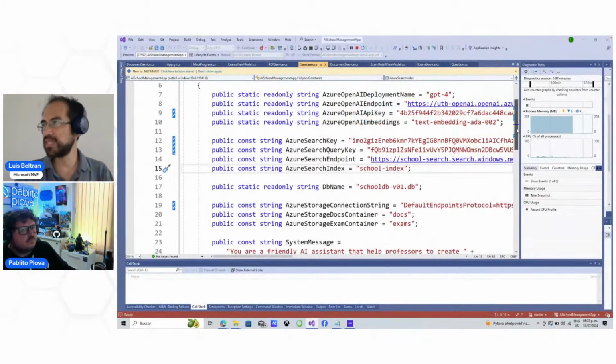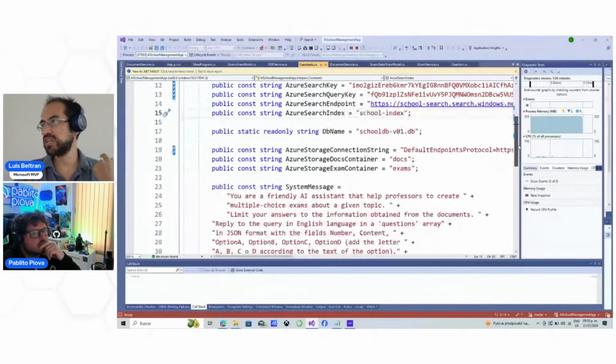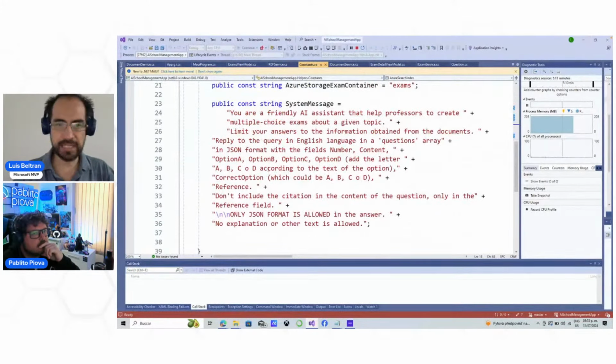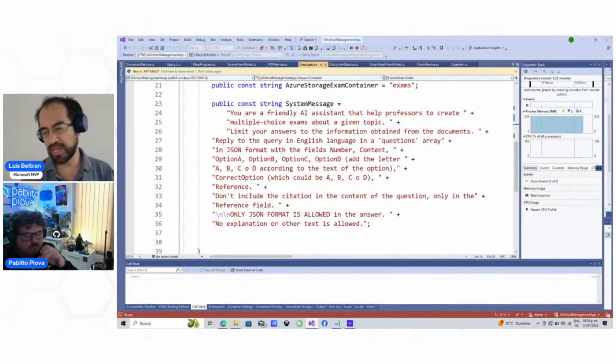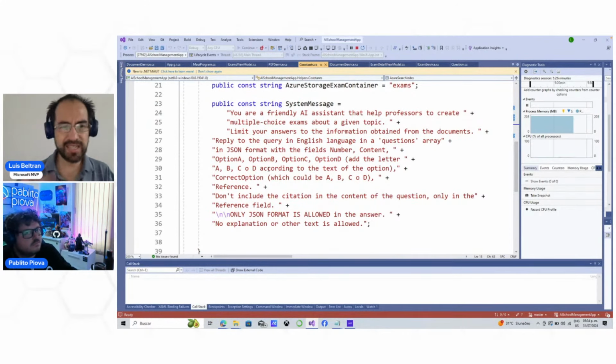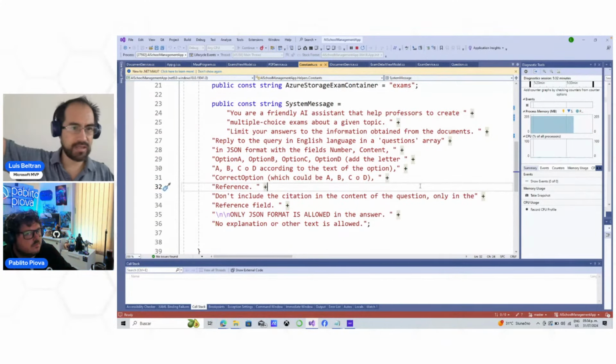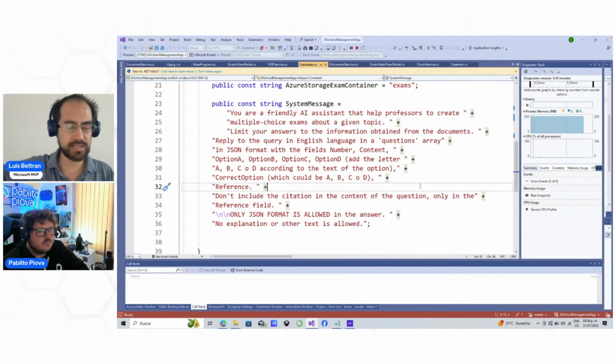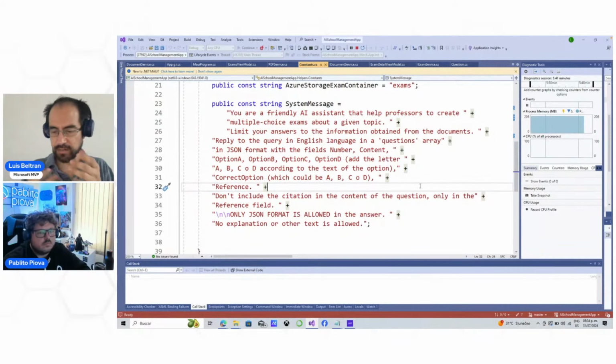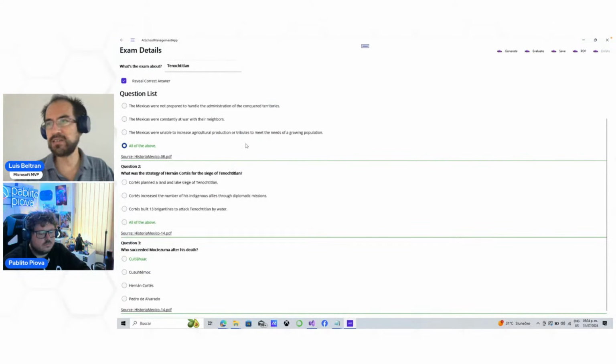It uses embeddings, Azure AI Search, and of course, there is a system message. You have probably asked ChatGPT, okay, please create a quiz about this topic, and of course you get multiple choice questions. So I replicated that, but using the documents that are stored in an Azure storage account, in blob containers. You know that it returns text, but in order to get each question, see which option is the correct one, and also get the citation,